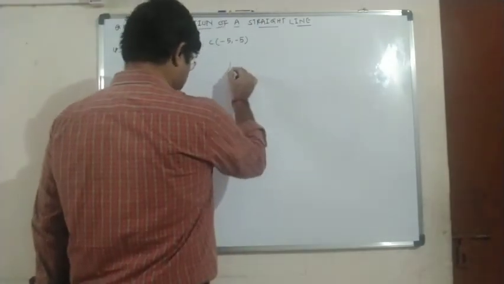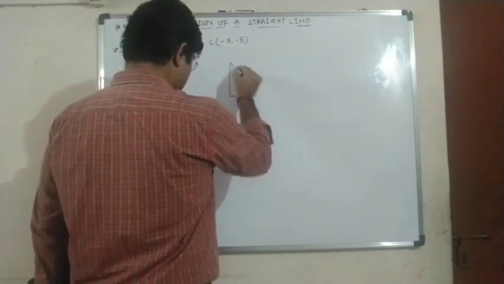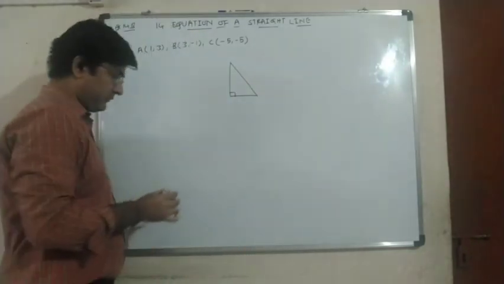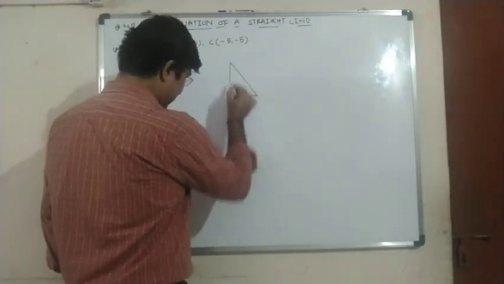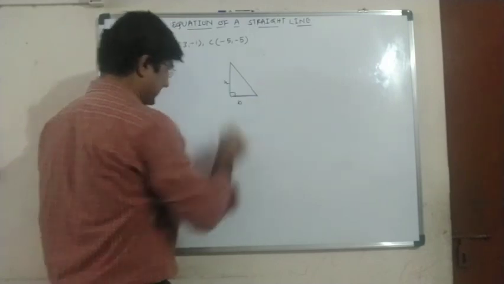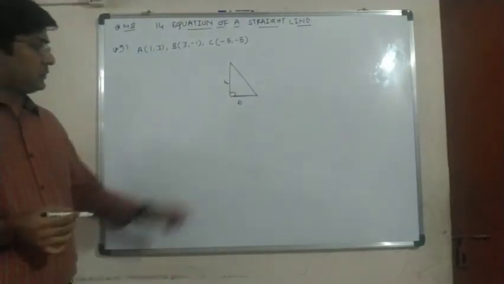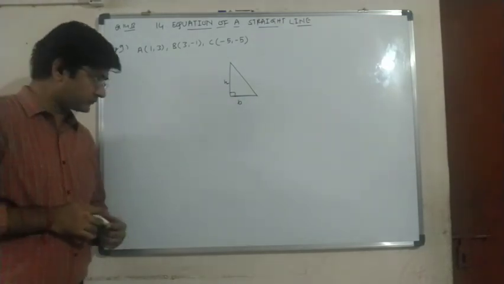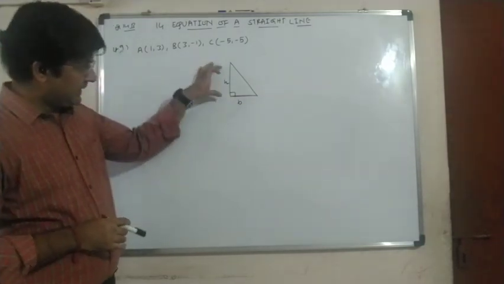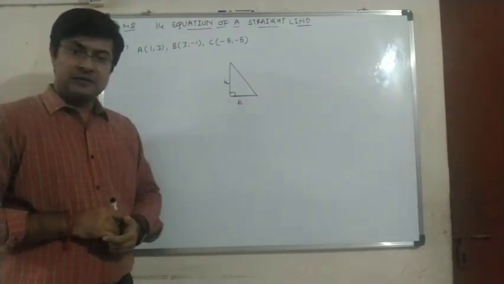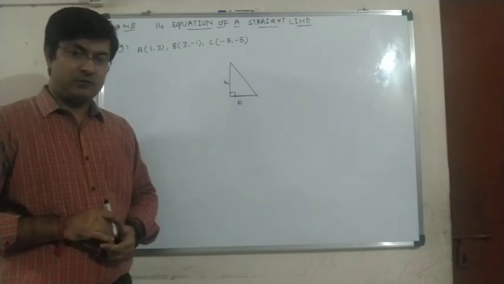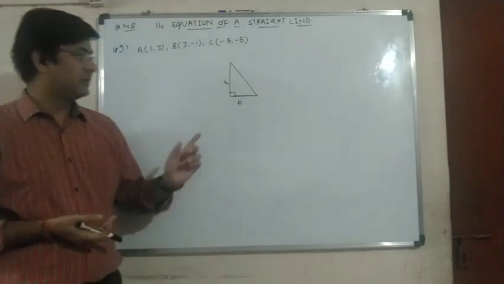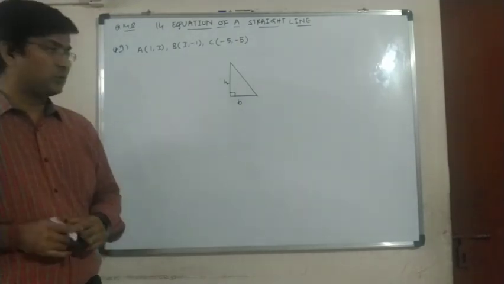Okay, let us recall what is a right angled triangle. A right angled triangle is a triangle in which one angle is 90 degree. Yes or no? We will notice that the two sides are perpendicular to each other, base and height. Clear? So, if these two sides are perpendicular each other, it means what? The slopes of these two lines will have their product to be equal to -1. Yes or no? Because we know that if the two lines are perpendicular to each other, then the product of their slopes is equal to -1.